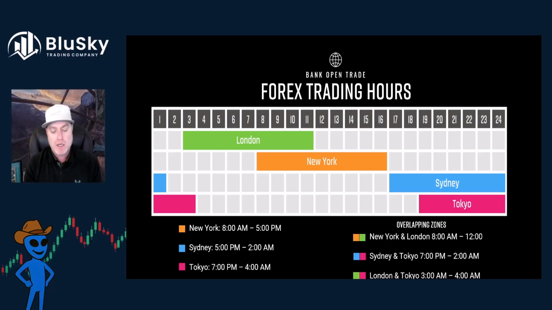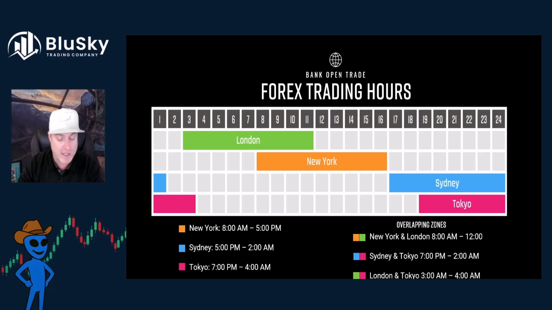When a bank opens up, we typically see more movement. A lot of times the price will either go up or down on the open, and it has a tendency to continue in that direction, because it has a tendency to move because of some economic report, some banking situation, a liquidity event. There's a causation for when the price goes up or goes down when the bank opens up. And so understanding when these banks open is very important for the pajama traders, whether you're trading futures or whether you're trading